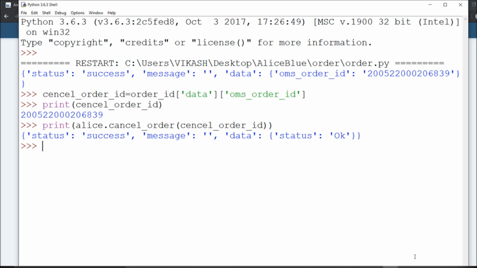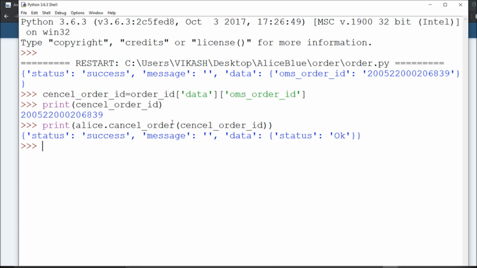Okay, and this is the way you can follow. Even if there is a cover order, you can place it the same way and try to cancel it. Even if you place a market order, this way you can fetch this OMS order ID and cancel that order. Initially I must say that whatever order you have opened, in a limit or anything which is an open order, it will definitely get cancelled.